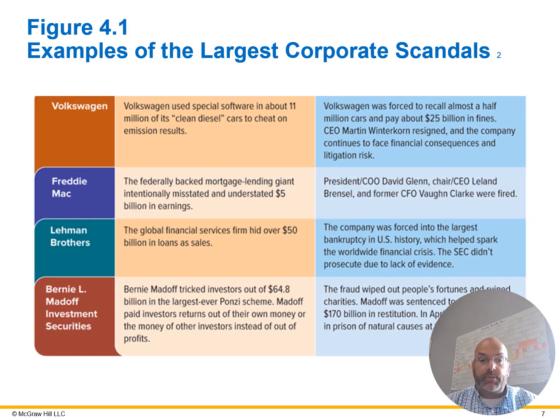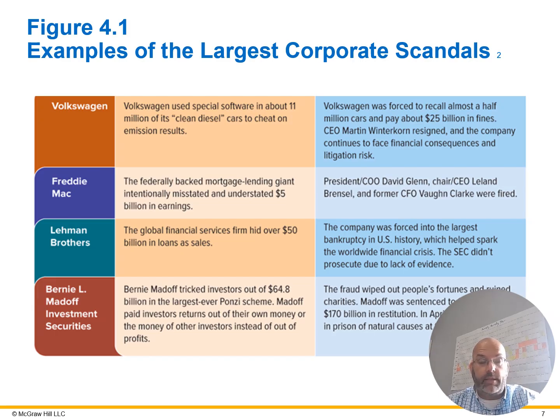All right, some other examples in other industries. Volkswagen, car manufacturer, they tampered with their emissions so that essentially what happened was when they were testing the car to see how efficient it was and how clean it was, they had a switch, and when they were done with that, they toggled the switch off, and so it became a dirtier operating vehicle. And because of that, they had to pay $25 billion in fines.